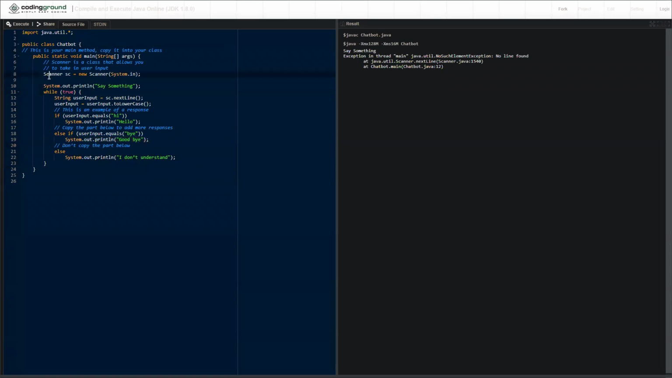Okay. This is why you probably should use... exception in thread main, no such... Okay, this is probably why you should use IntelliJ. Or basically, okay, I can't really show it here, but basically